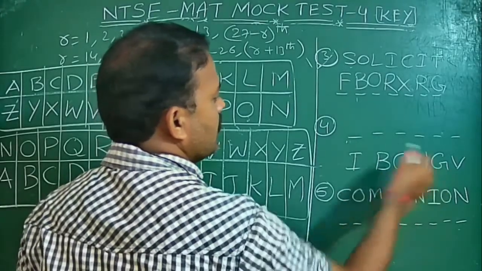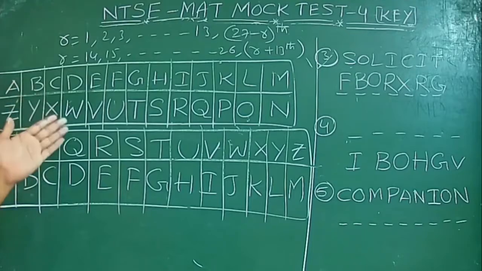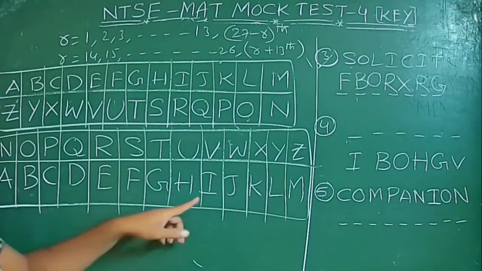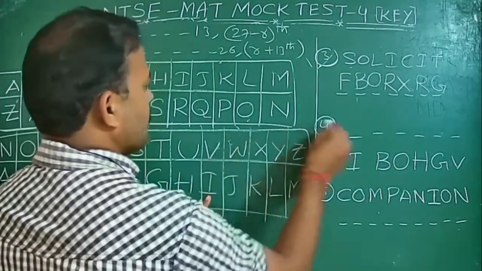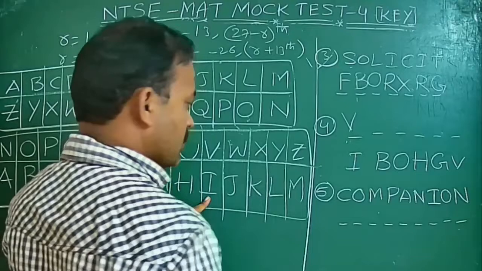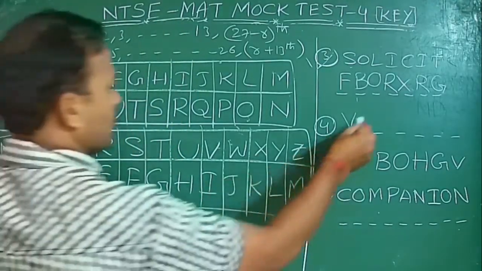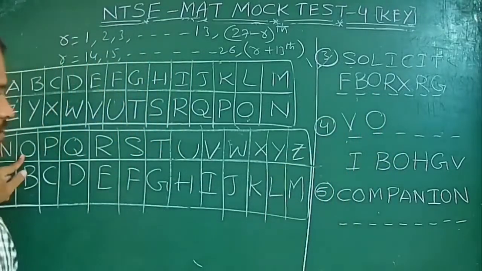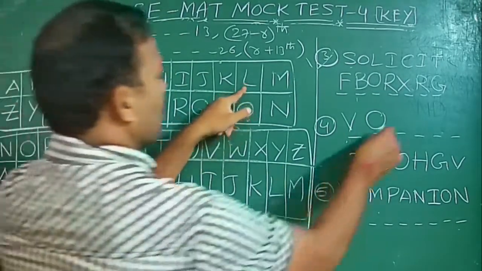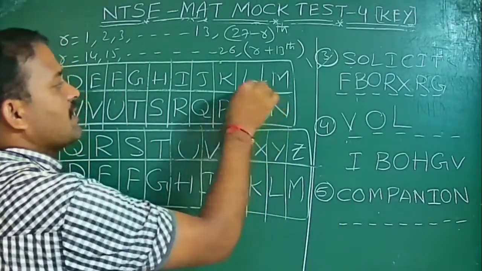IBO, HGB. Okay. But coded means in the reverse, means you need to follow the decoding process. But where is the decoding? I means here. I is nothing but here V only, no? V is coming, no? So next, similarly B. B means O only, no? So next, O. I want O. Where is O? O is nothing but L only, no? So O is coded. That original letter is L.